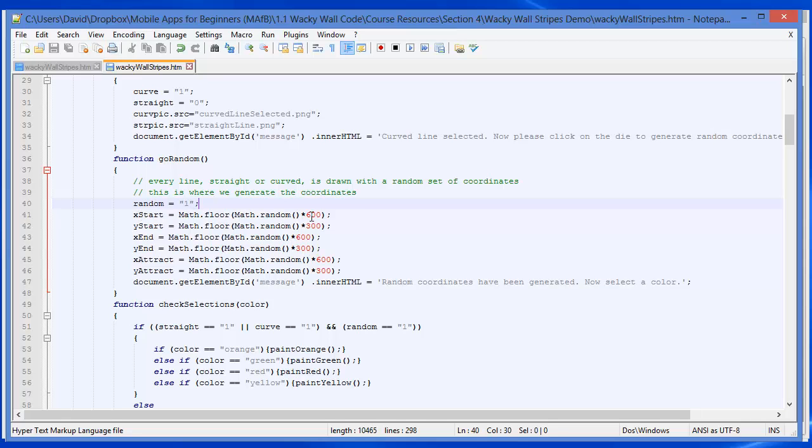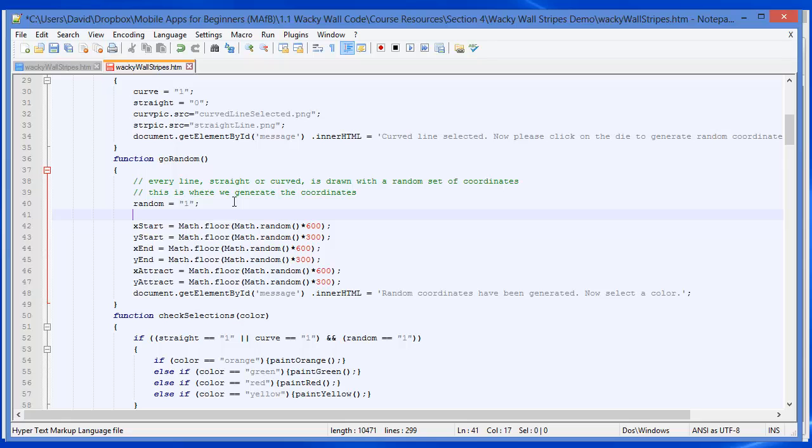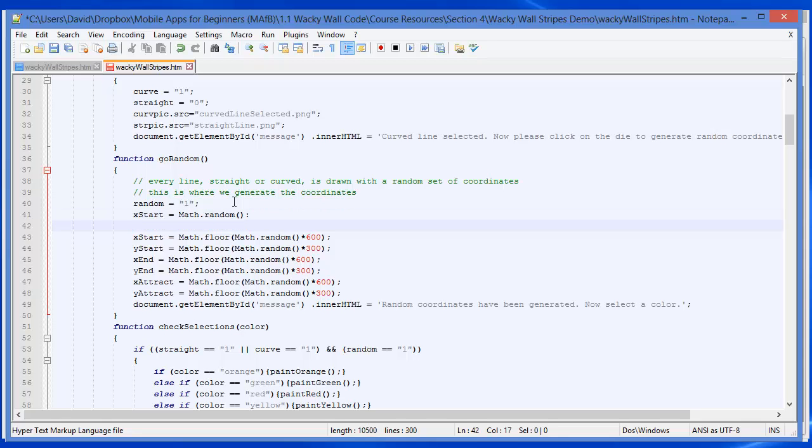What you see here is kind of a condensed version of the steps involved in creating random numbers. Real quickly here, I'm just going to expand these out. I'm going to take this first one with the xStart variable, and if we did this step by step, we would type xStart equals math.random, and this is the function that generates random numbers. And what that would do is it would assign a random number between 0 and 1 into the xStart variable. But since we want whole numbers, we would say xStart